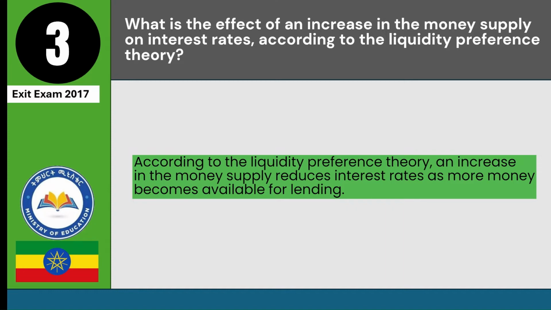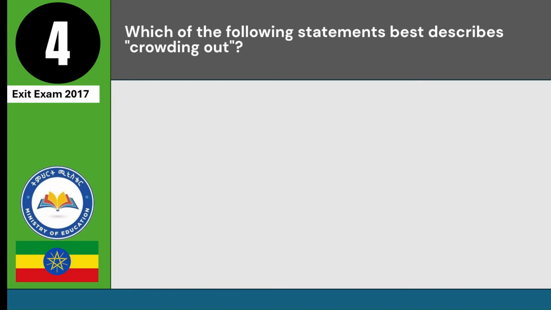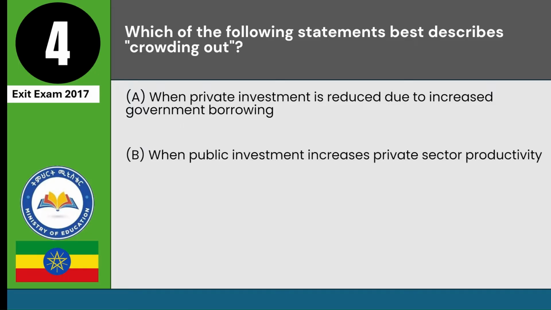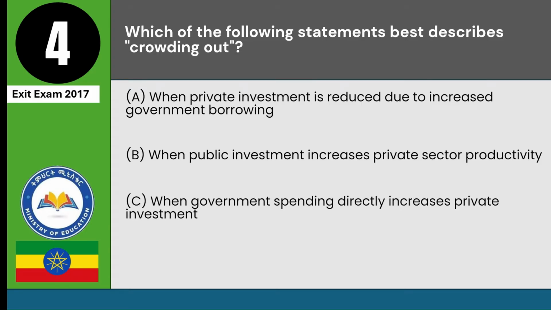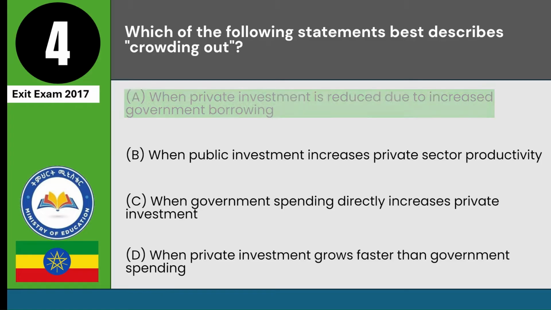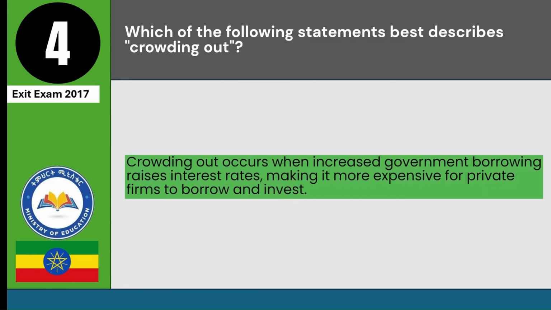becomes available for lending. Which of the following statements best describes crowding out? A. When private investment is reduced due to increased government borrowing. B. When public investment increases private sector productivity. C. When government spending directly increases private investment. D. When private investment grows faster than government spending. Answer: A. Crowding out occurs when increased government borrowing raises interest rates, making it more expensive for private firms to